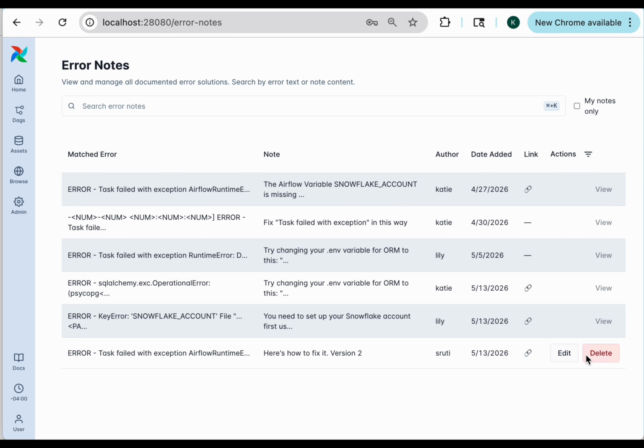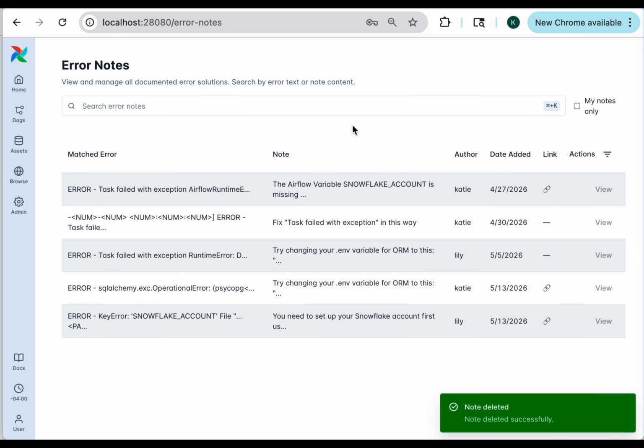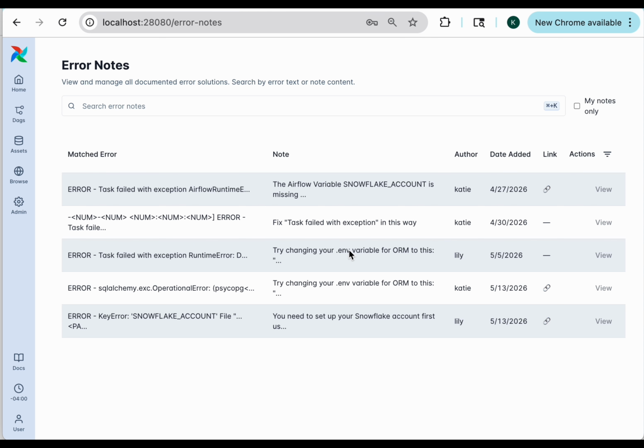So as you can see, you can click delete. Let's say I don't think my note is relevant anymore. Clicking delete twice means that the error is soft deleted from the database and it will no longer appear on a matching log line. So to summarize what we built and integrated directly into Airflow, we basically wanted to reduce